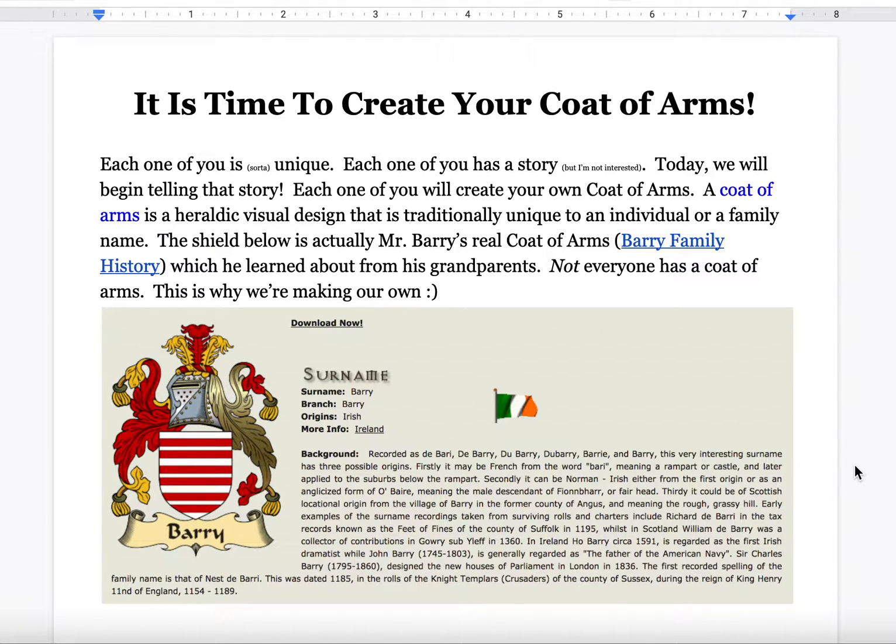It's time to create your coat of arms. Each one of you is unique and each one of you has a story. Today we're going to begin telling that story. Each one of you is going to create your coat of arms. A coat of arms is a heraldic visual design that is traditionally unique to an individual